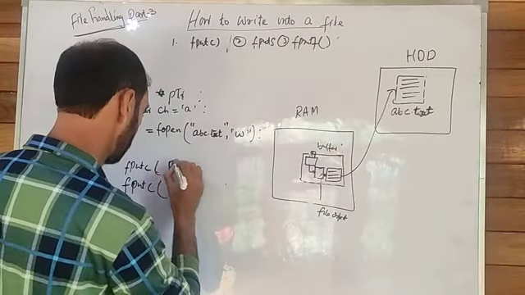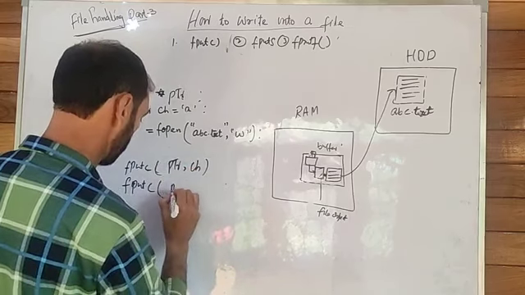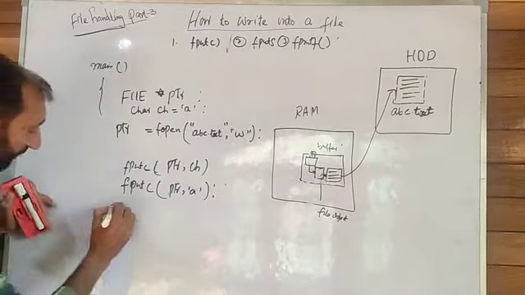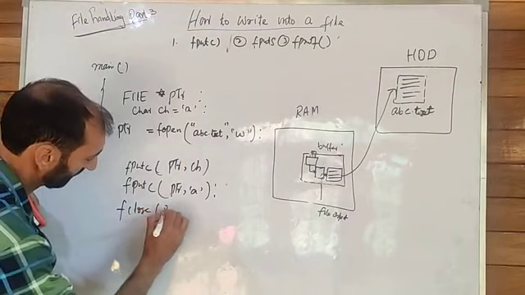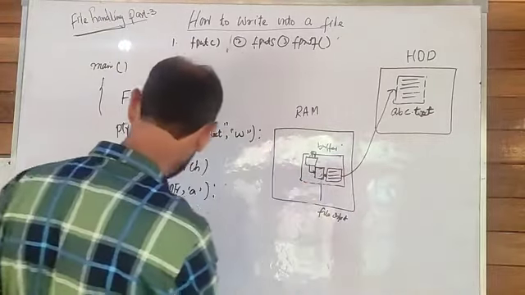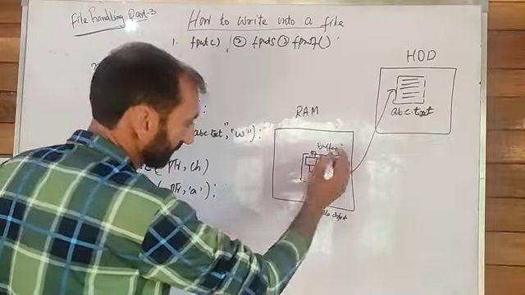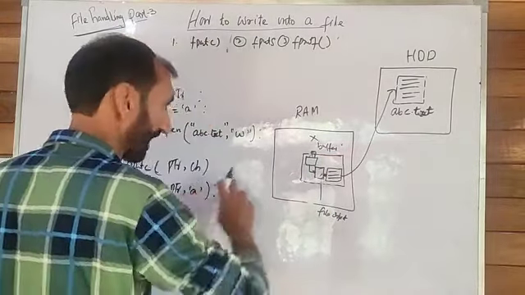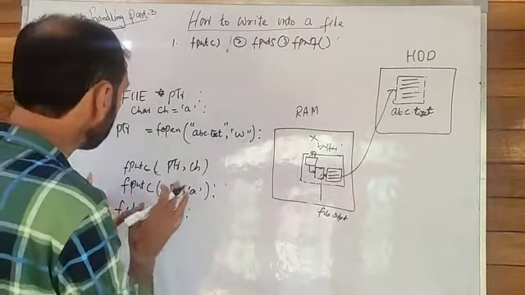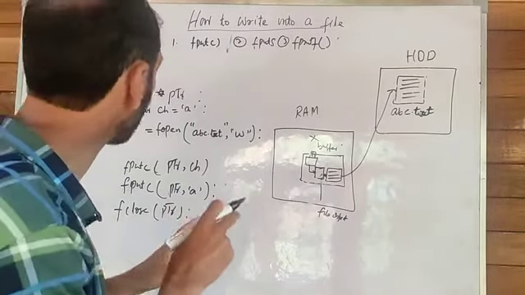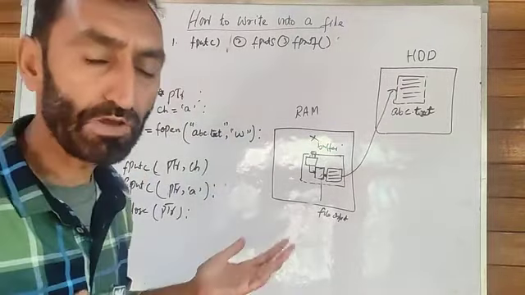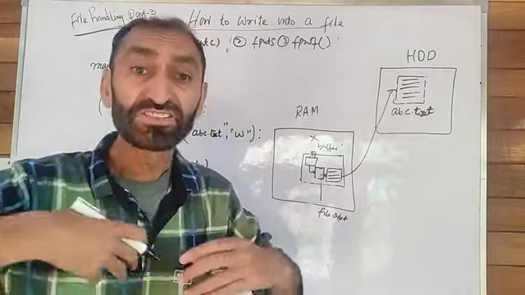Here, first we have to write the ptr pointer name, then ch, and here the ptr pointer name, then 'A'. And after that, we have to close the file ptr. After execution of this line, the contents of this file will get appended. So we can say, if we want to write a single character to a file, at that time we use fputc. Now, if we want to write a string,